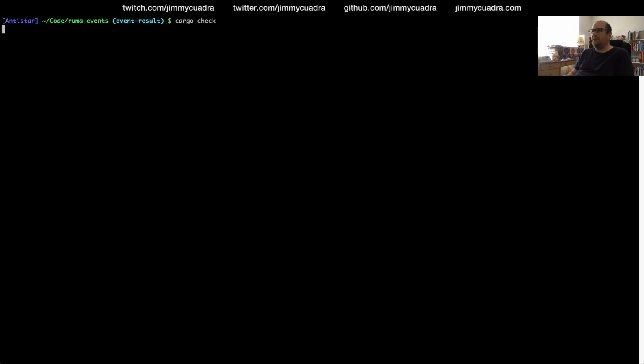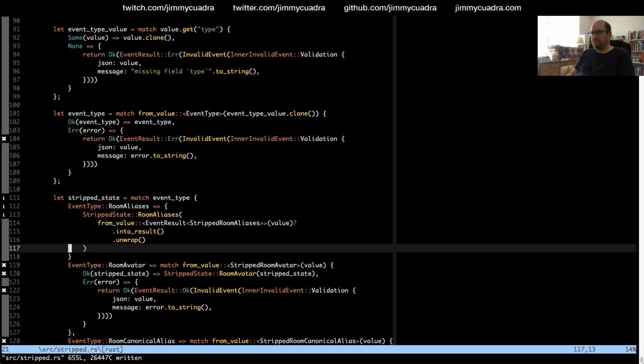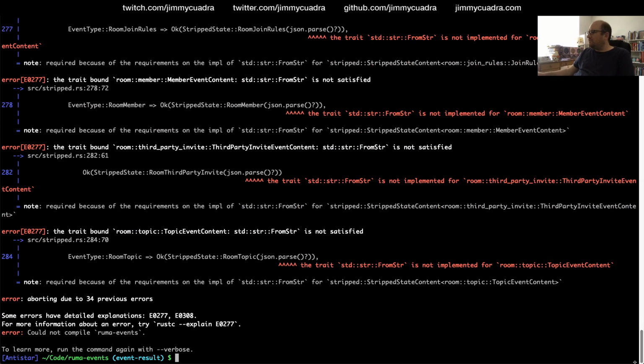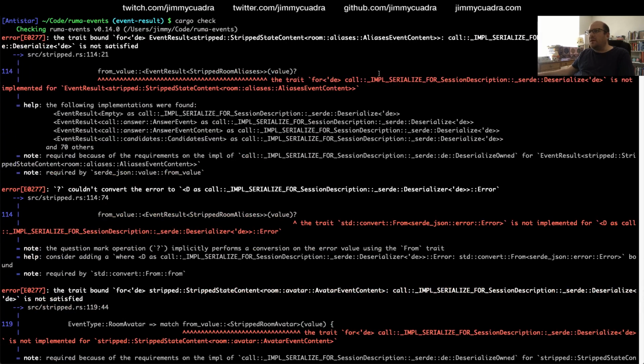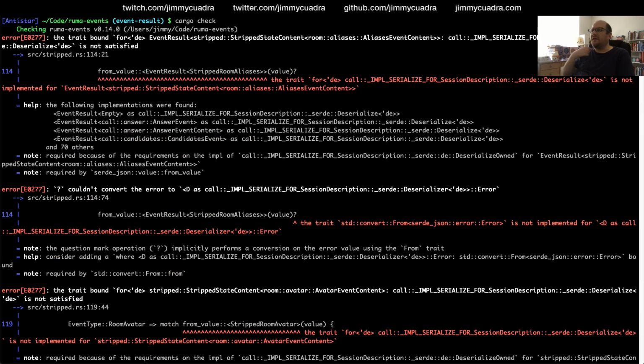I'll try running the compiler on this to see if it at least likes that incantation. I know most of it's going to be wrong, but 114 doesn't like that. The trait bound event result for stripped state content is not satisfied.